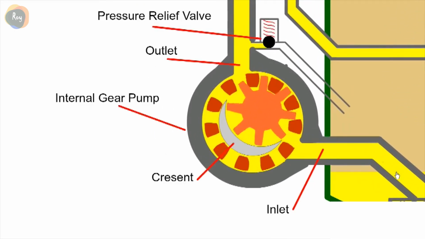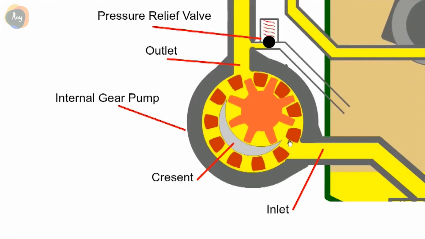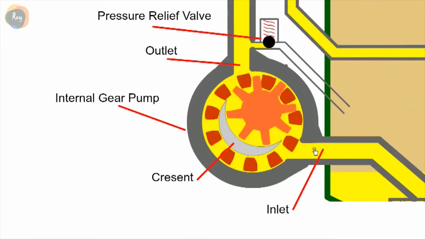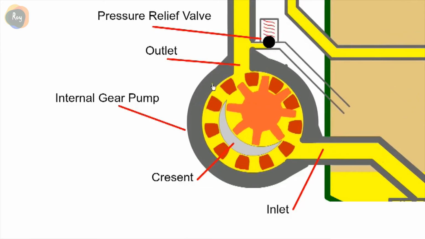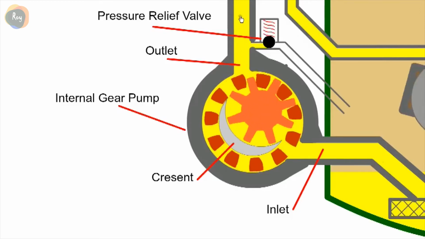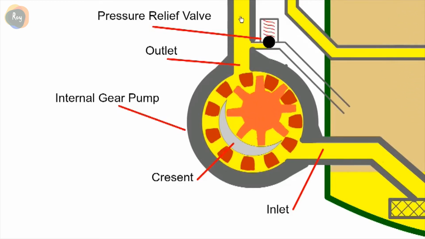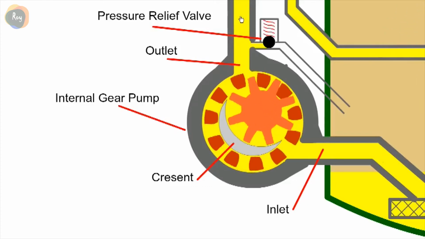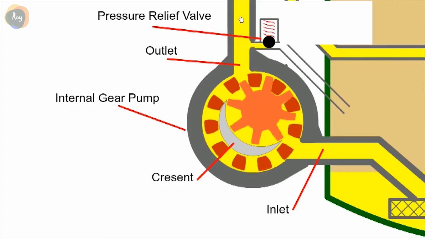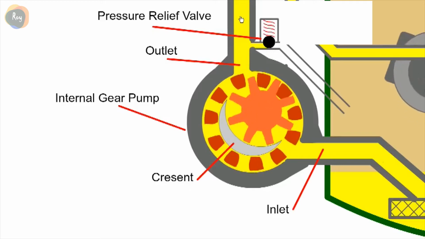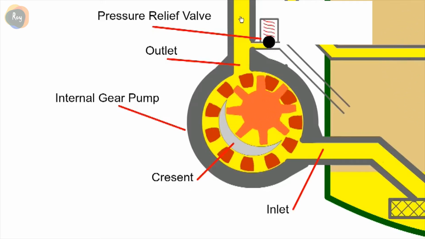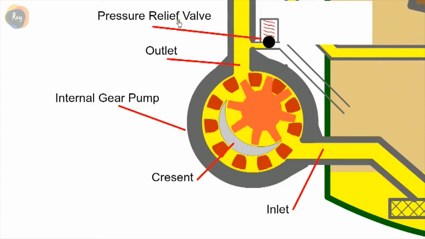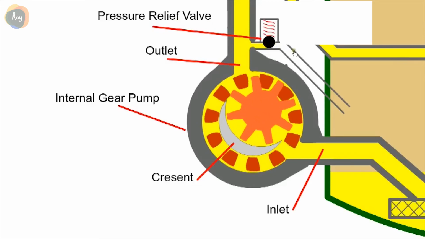The gear pump consists of a pair of meshing gears. The oil pump draws oil from the sump and creates a flow of oil. Again, pressure is only created when the flow of oil is restricted. In an engine, restriction is created by the leakage of oil from the small clearance between the journal and the bearing. If there is excessive pressure in the system, a pressure relief valve will operate, allowing some of the oil to